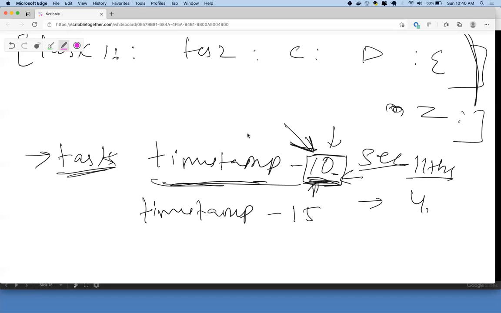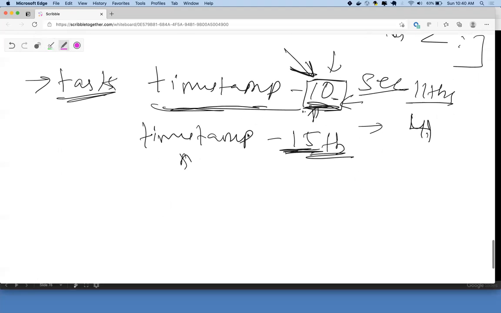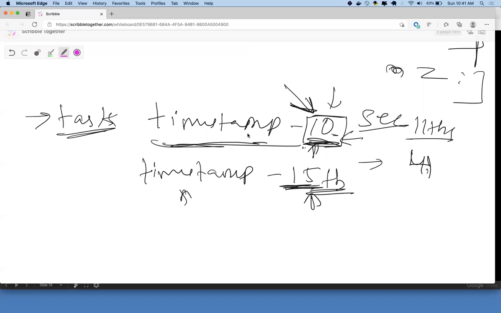Now Deven goes for lunch and comes back at the 15th second. How will he check how much cooldown has happened? The current minus the previous is 5. So if current is 15, it has been cooling down for 5 seconds.